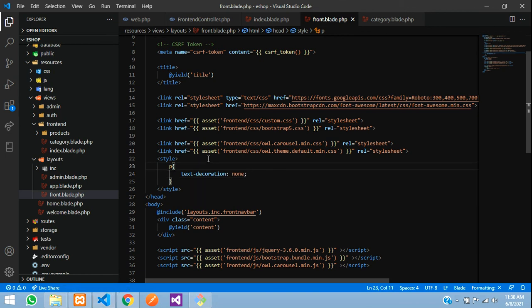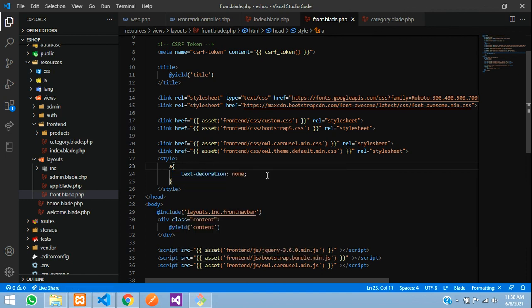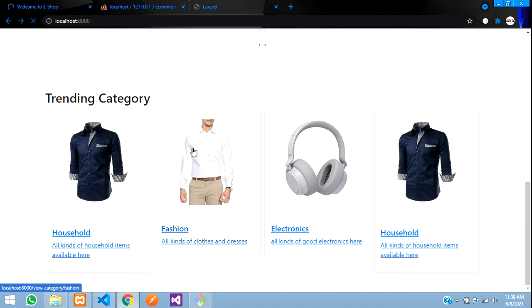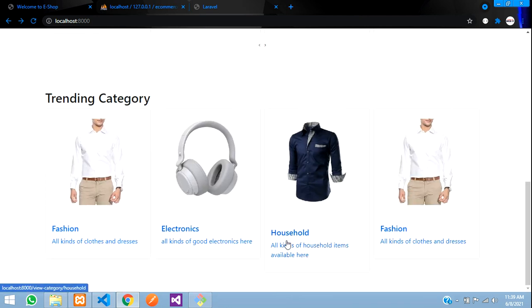Oops, I just mistyped this. It's going to be the A tag. Okay, sorry for that. And yeah, let us make it important. Save, and let us just refresh and check. Okay, so this underline is gone. So if you want, you can just add a color to this, so it looks good like this itself.